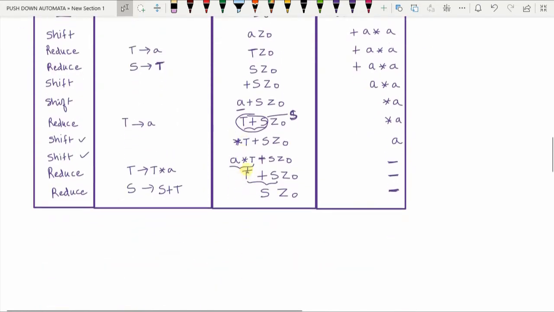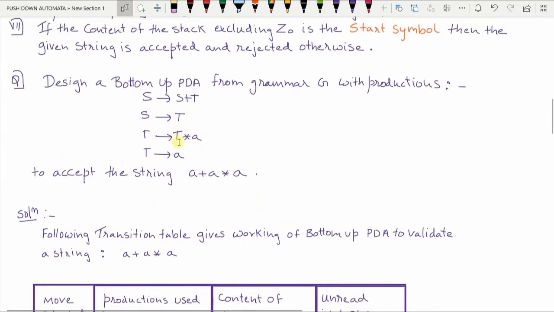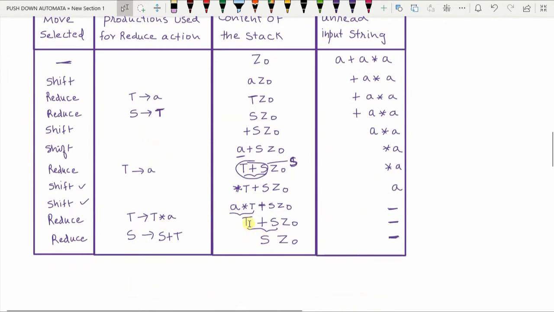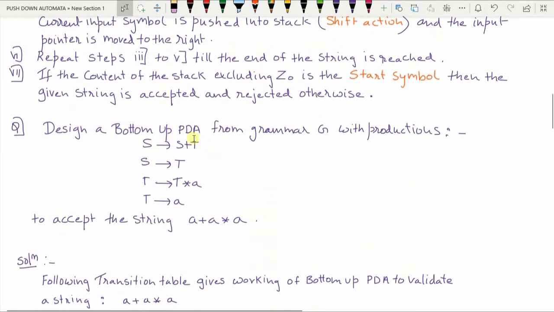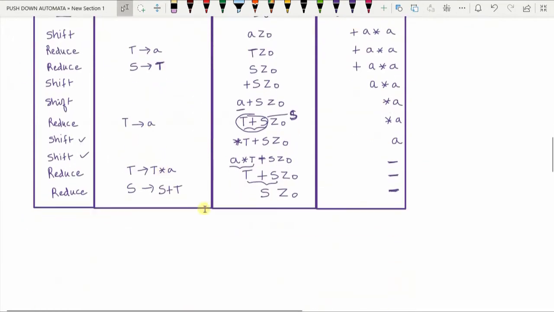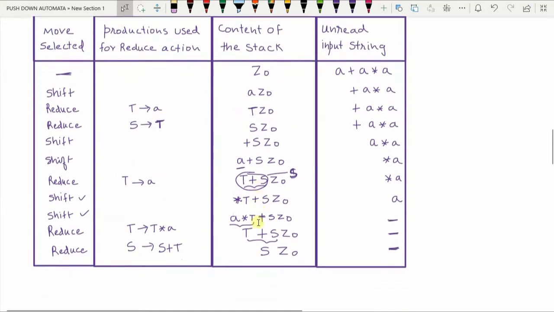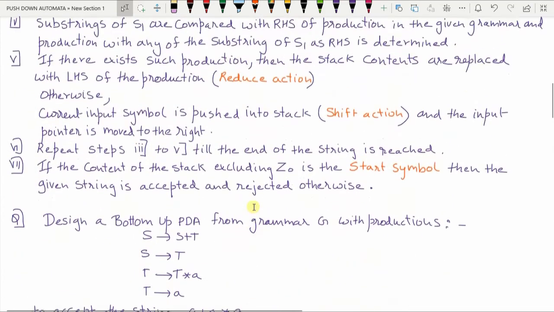So two things will happen. One, this into will be consumed here, also A will be consumed here, so the input will be exhausted. At that time A plus T or A into T or T into A, which is actually the right hand side of the T production, can then be reduced. Now once I reduce this to T, the whole term can very easily be reduced to the start symbol S. So that's why I waited. While solving, you have to be slightly careful. So this is how your bottom up PDA works.